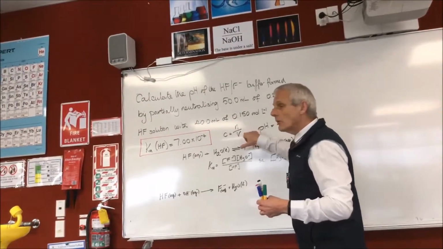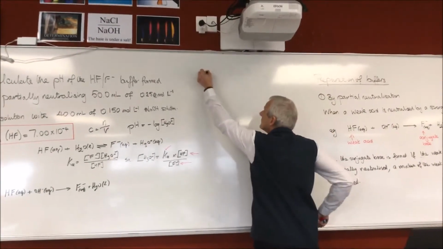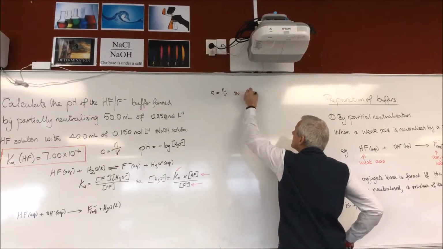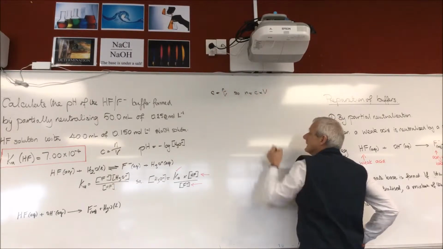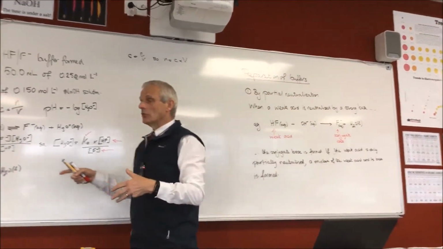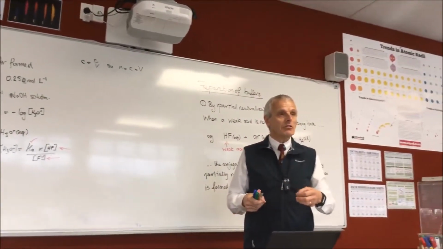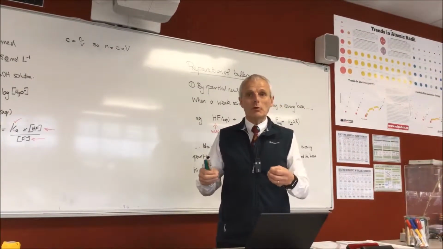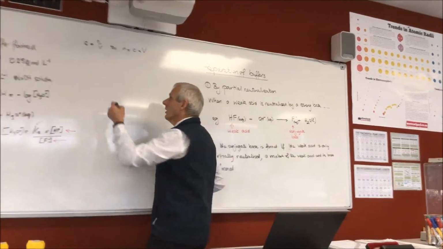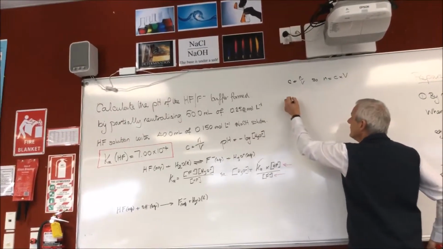That rearranges to n. Okay, so we've got that. And what we need to do before we can start working out what we've got at the end of the reaction is work out the amounts in solution at the point when we mix them and do the partial neutralisation. So if we look at first of all the amount of HF,